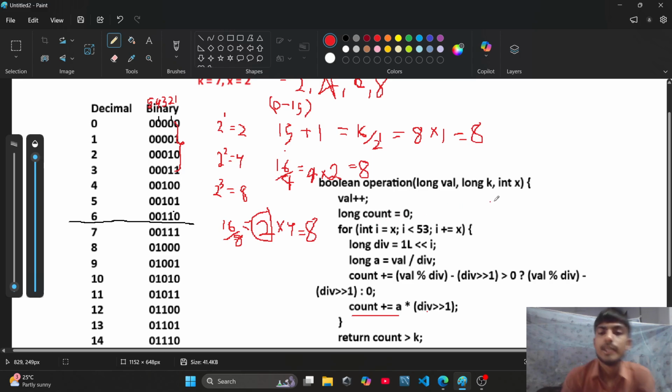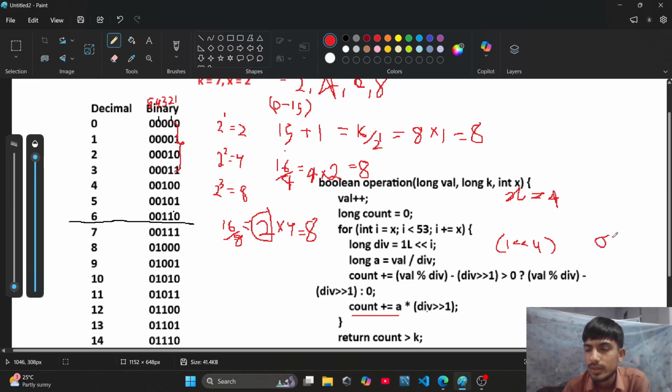Suppose here x is equal to 4. What will this division value hold? It is 1 shifted left by 4. Number 1 shifted left by 4 means number 1 is represented by